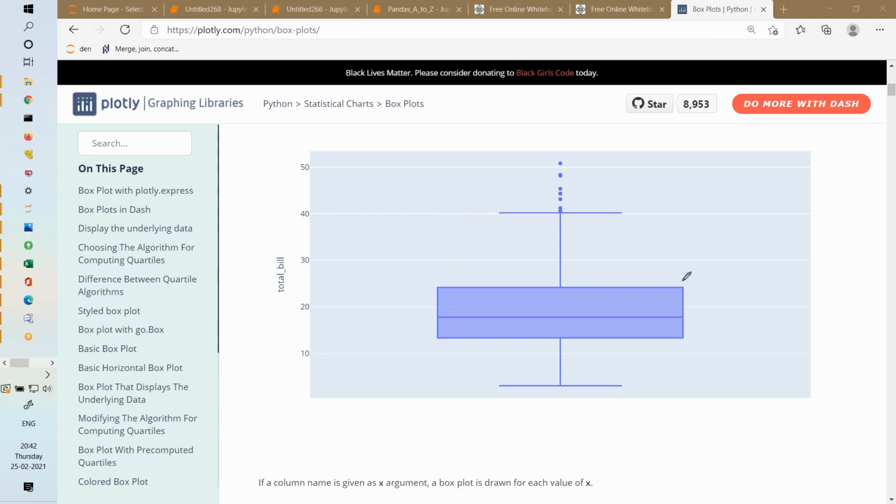So this is nothing but from here you are taking this boundary, from here you're taking this boundary, and then whatever points are outside of this, those are called outliers. So you can see max. These points, 50, 48, 45, 44, 43, 41 and 40.55, all are outliers. And then after removing these outliers, whatever is maximum, that is my maximum point, 40. And then minimum, there is no outlier on the downside, there are outliers on the upside. So this is what is called a box plot. We'll discuss box plot coding in detail, but I'll stop here.